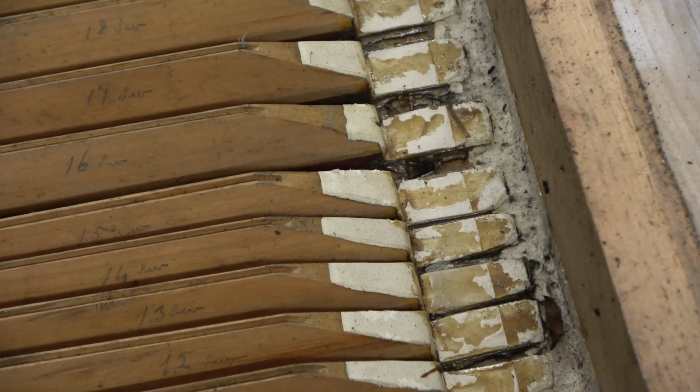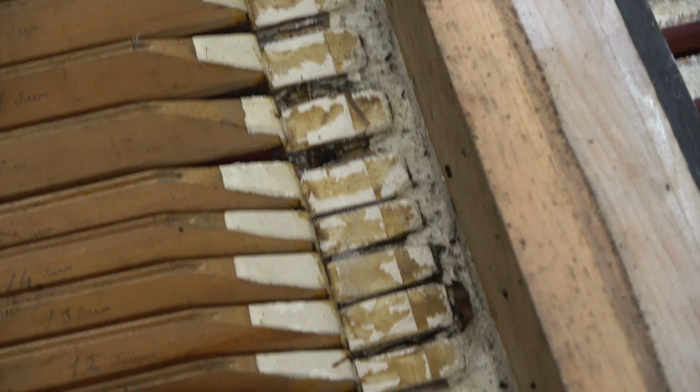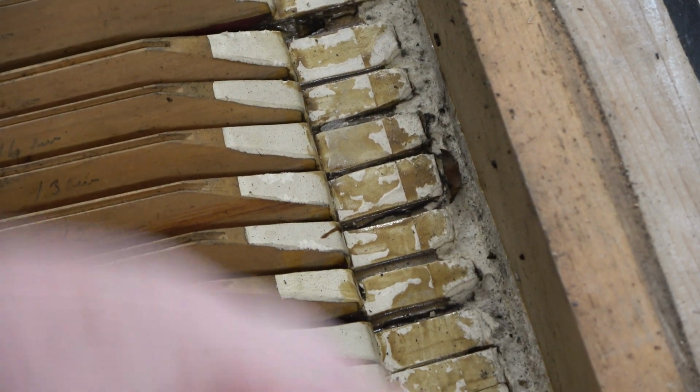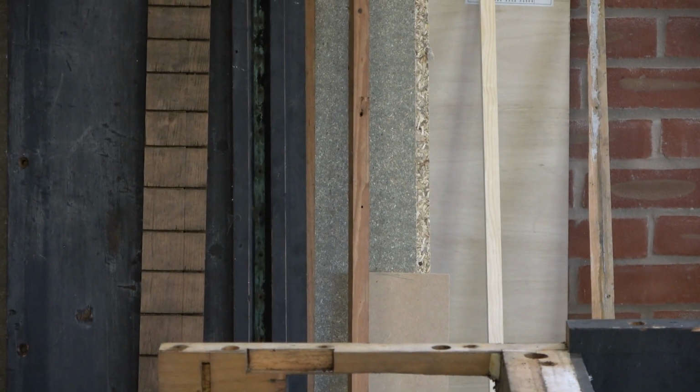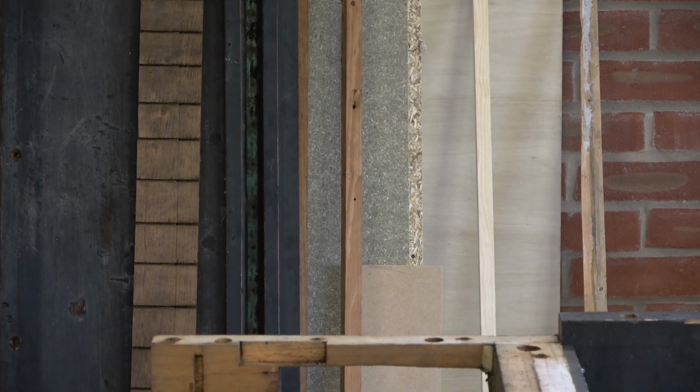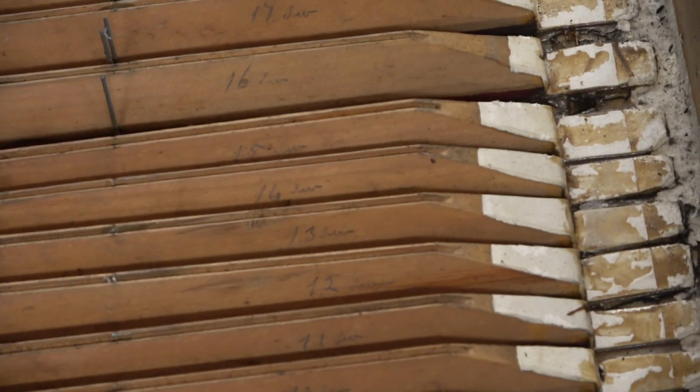So we've taken the heel piece out. As a heel board goes in, the whole length. In fact, that's leaning up there on the right. That's the piece of like inch square, but it is shaped. So, disaster,